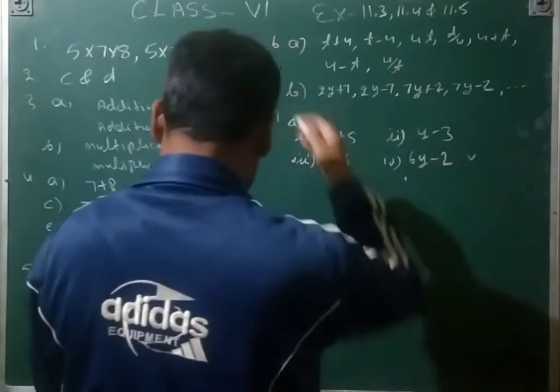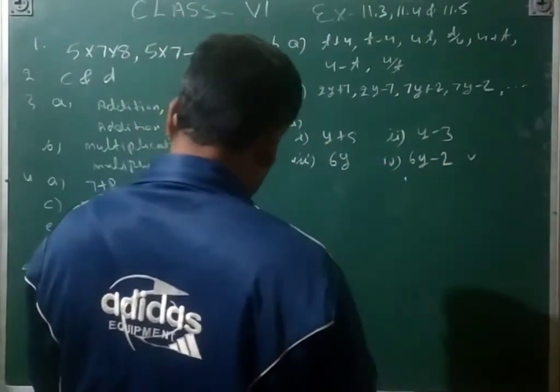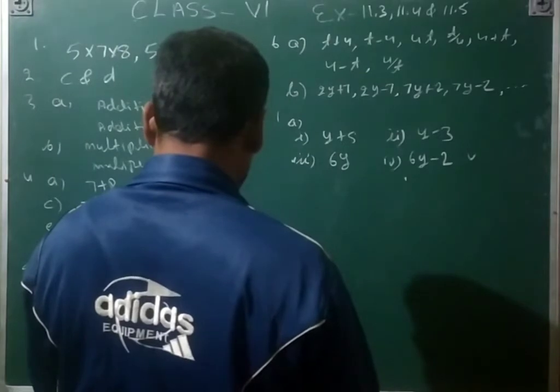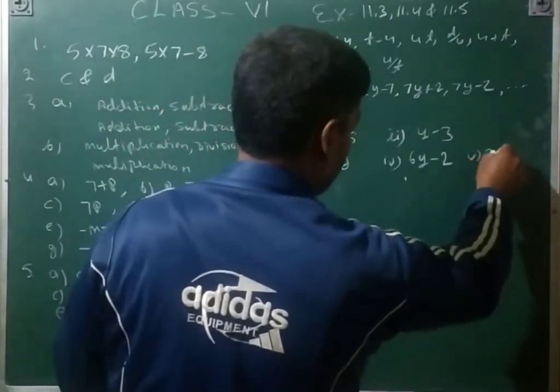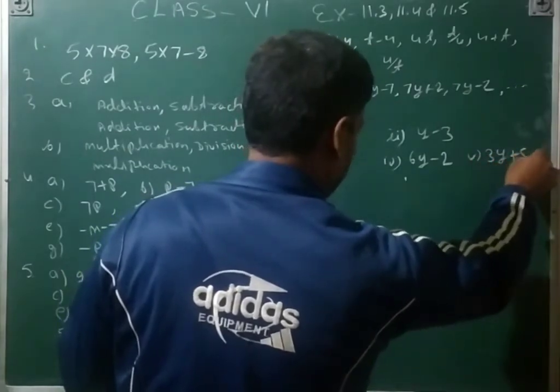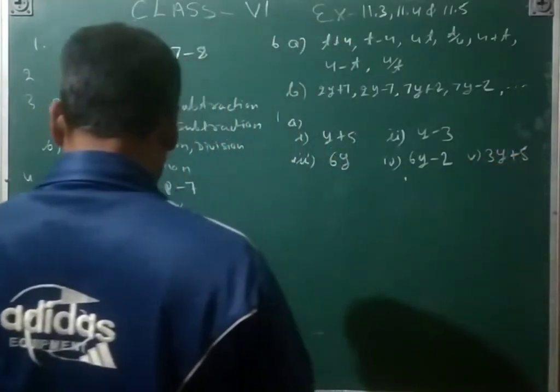Fifth, Sarita's father is 5 years more than 3 times Sarita's age. So 3y plus 5. And then